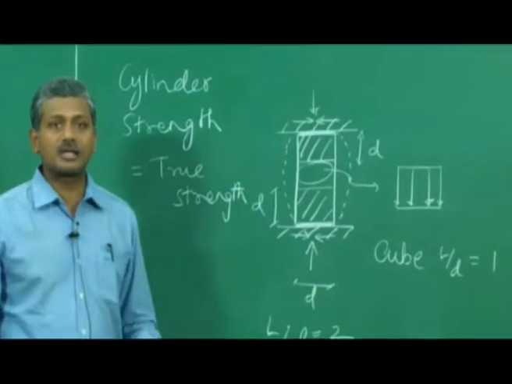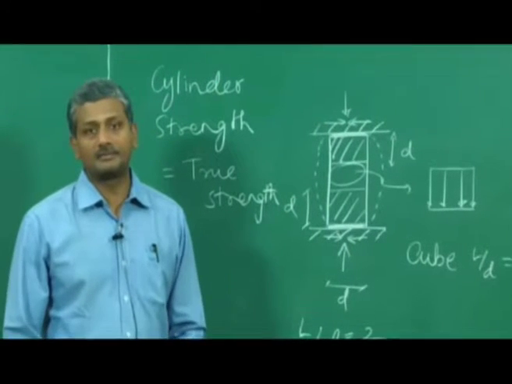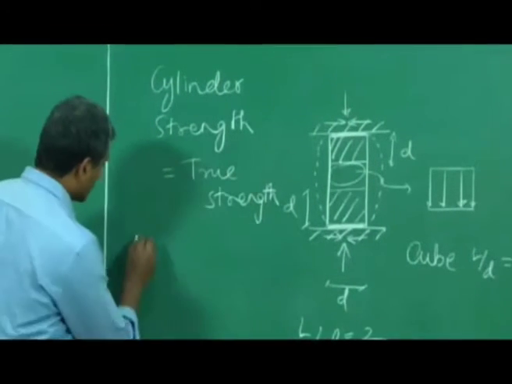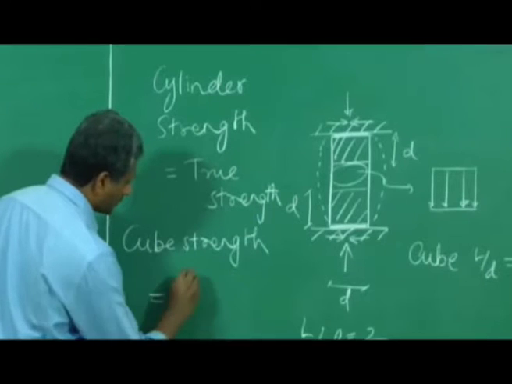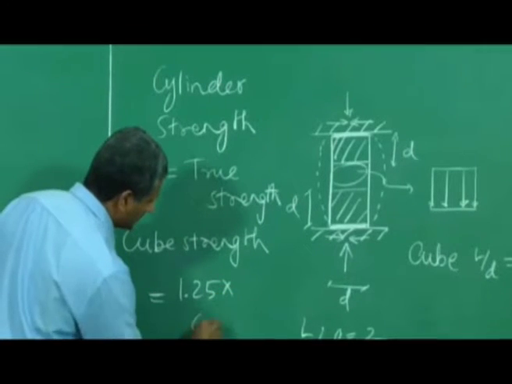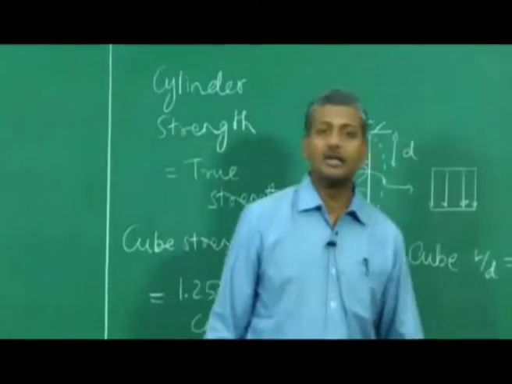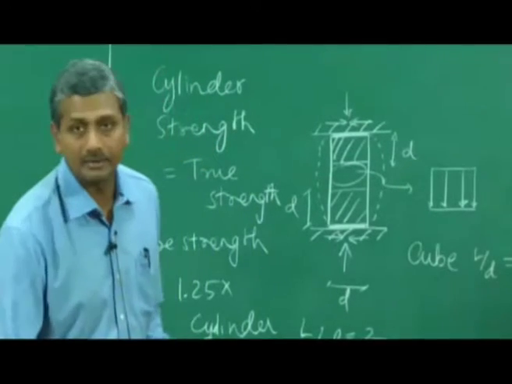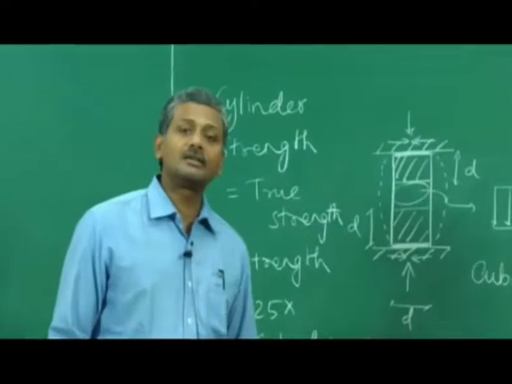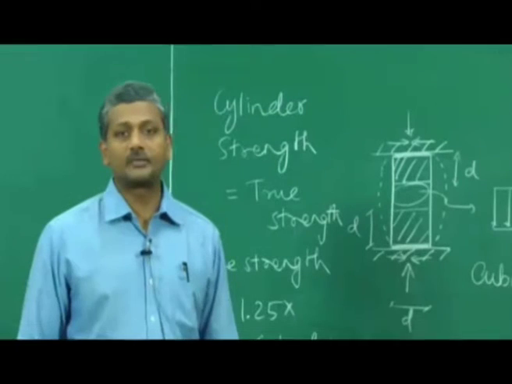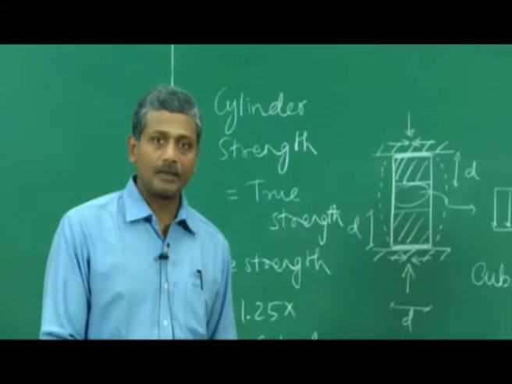In other words, your strength of the concrete will end up getting overestimated as compared to the pure compressive strength, okay. So generally cube strength is about 25% more than the cylinder strength. So if you test cubes, you will probably get 25% higher strength than the cylinder, okay. So I hope you are able to understand the distinction as to why we get a higher strength from a cube than a cylinder. In simple terms, the frictional end effects tend to increase the strength of your concrete, okay,